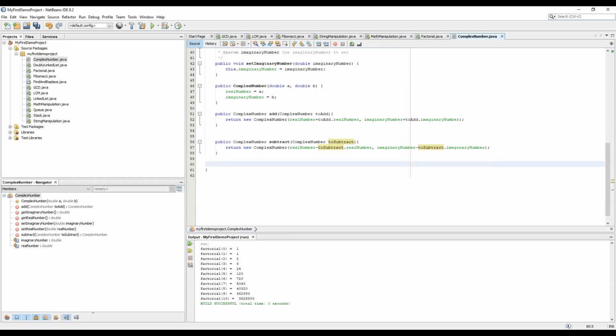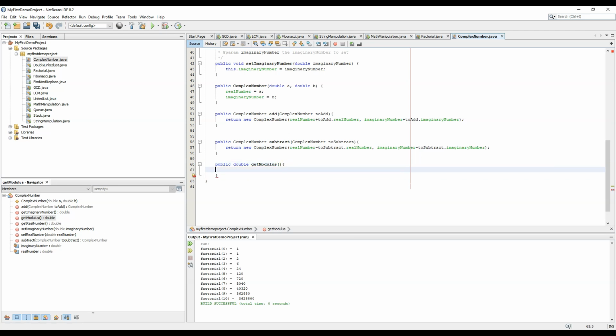Now we would be calculating the modulus. So double modulus, or getModulus function, to create the modulus of a complex number. So it is equal to Math dot sqrt.